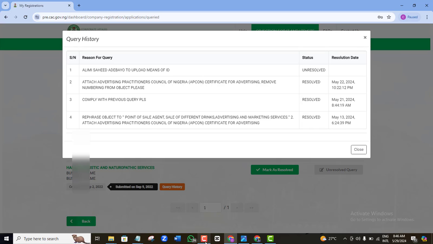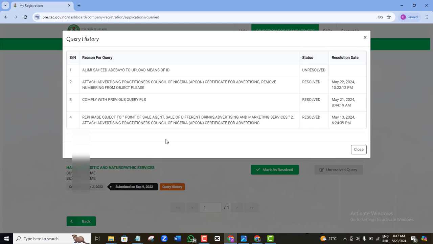So if you don't need to add some of these big words, or you want to write the name of your business, maybe you are using something like media. Okay, if you use the word media, CAC will just think it to be a big deal. So if you know that you don't run a media house, for example, don't put media in your business name. Now I'm just using these as some of the examples that I've treated in time past. Yours may not be exactly this, but you want to keep your registration details as simple as possible.